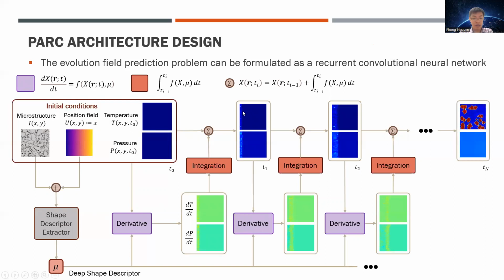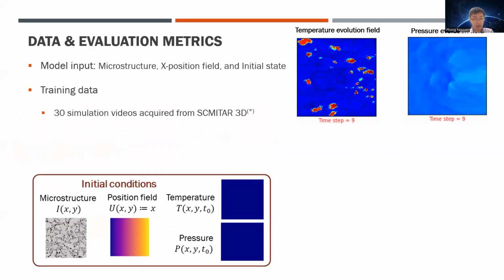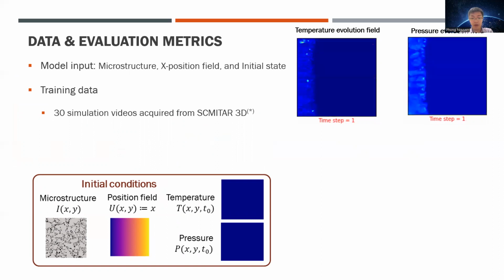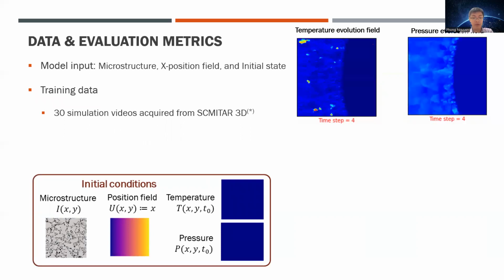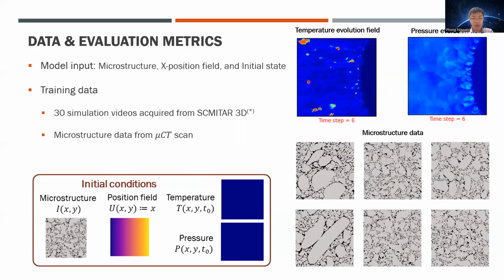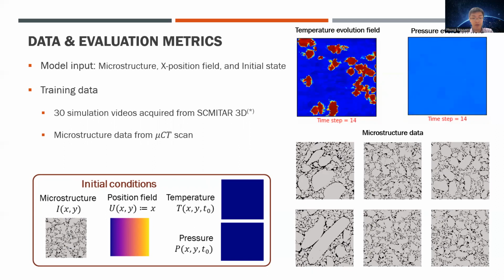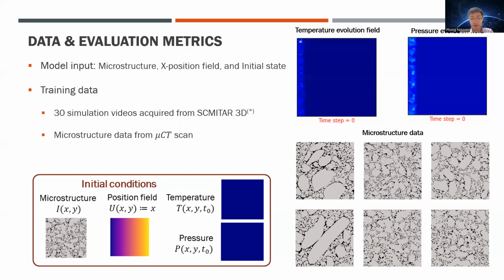And note that the parameters of the differentiator and the integrator are all shared between time steps, making the architecture recurrent. So for the training of this model, we only use 30 simulations. Only 30 training samples are required. Each training sample includes a microstructure image acquired from micro CT scan and a series of 19 snapshots of temperature and pressure fields derived from direct numerical simulation, and the time interval between two consecutive snapshots is